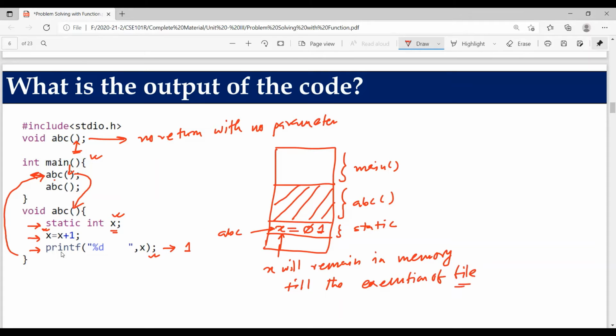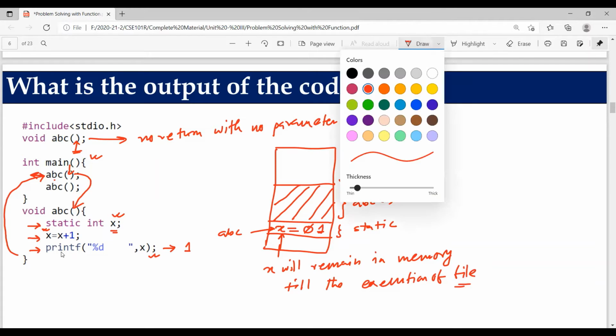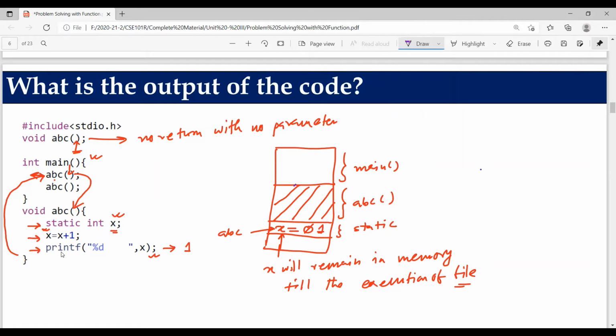Although our memory which was reserved earlier for ABC is erased because my program control got back to the main method, this one still remains in the RAM. Which one? The static variable with the value 1, because it was updated due to this line.